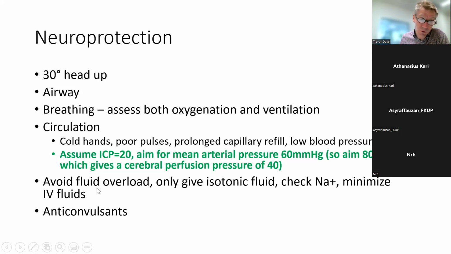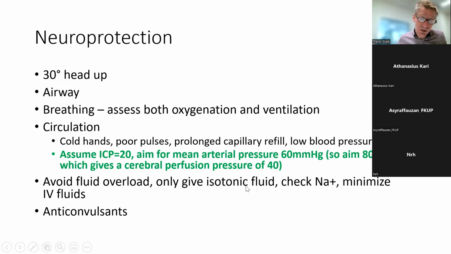In these children, we need to avoid fluid overload. So you should only give isotonic fluid. You shouldn't give 4.3% dextrose and 1/5 normal saline, because there's not enough sodium in that, and that can lead to hyponatremia, and it can lead therefore to cerebral edema. So we should be very aware of that and give isotonic fluids such as normal saline with 5% dextrose or Hartmann's solution,